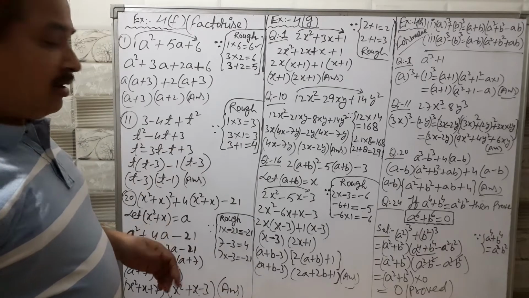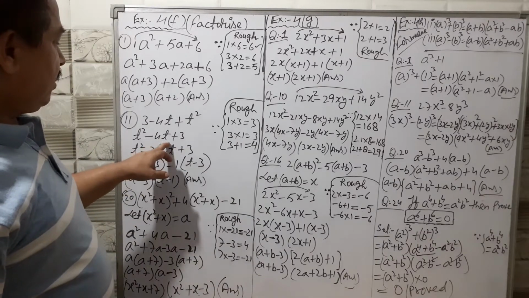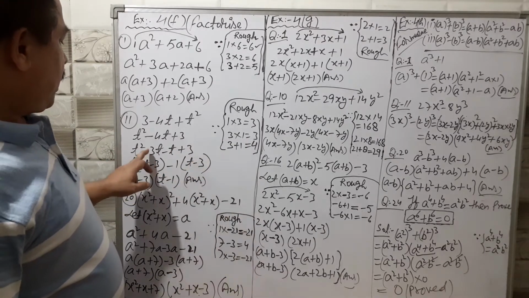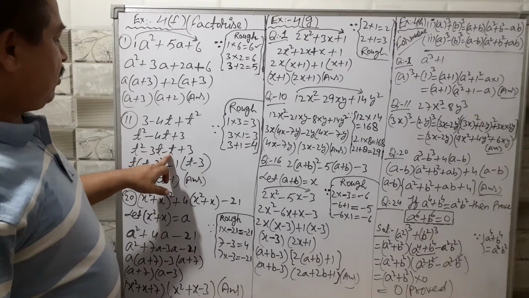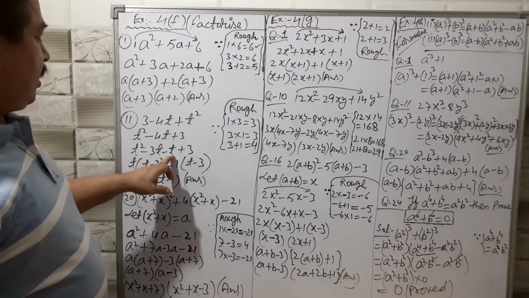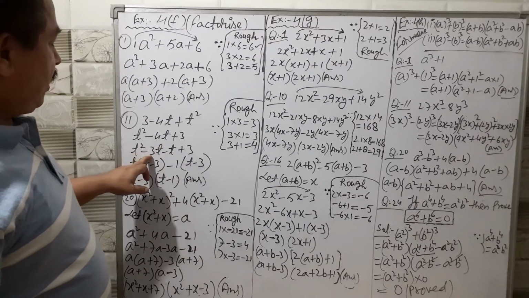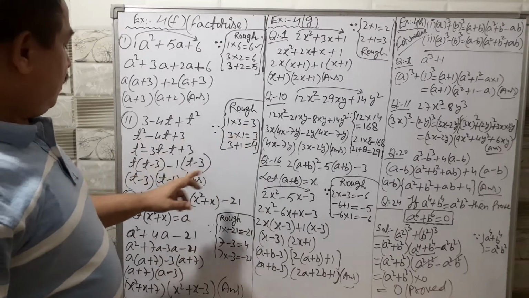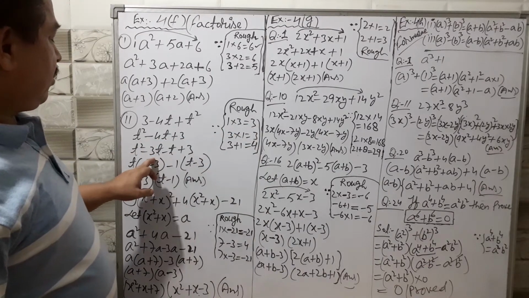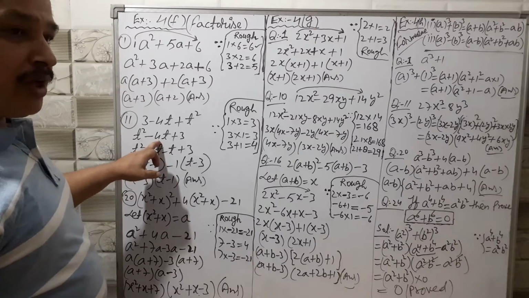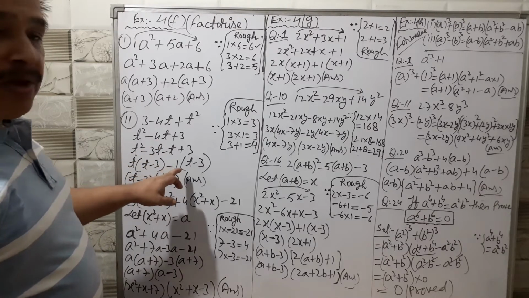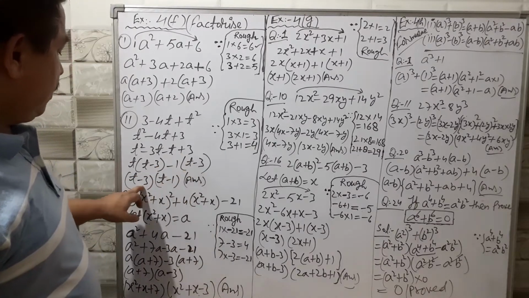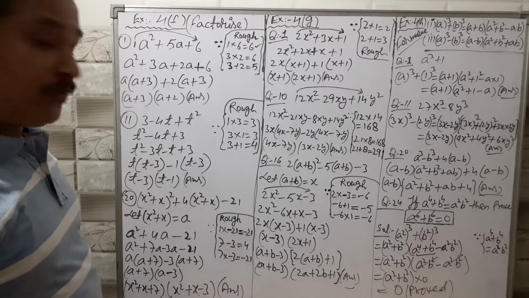Now find such factors which give us this minus 4. So you will take 3 and 1. Minus 3t minus 1t becomes minus 4t, and minus 3 into minus 1 gives plus 3. So these factors are correct. Minus 3t and minus t becomes minus 4t. Take the common now by the grouping method. Minus common, so the sign will be changed. Again common here: t minus 3, t minus 1 will come out.